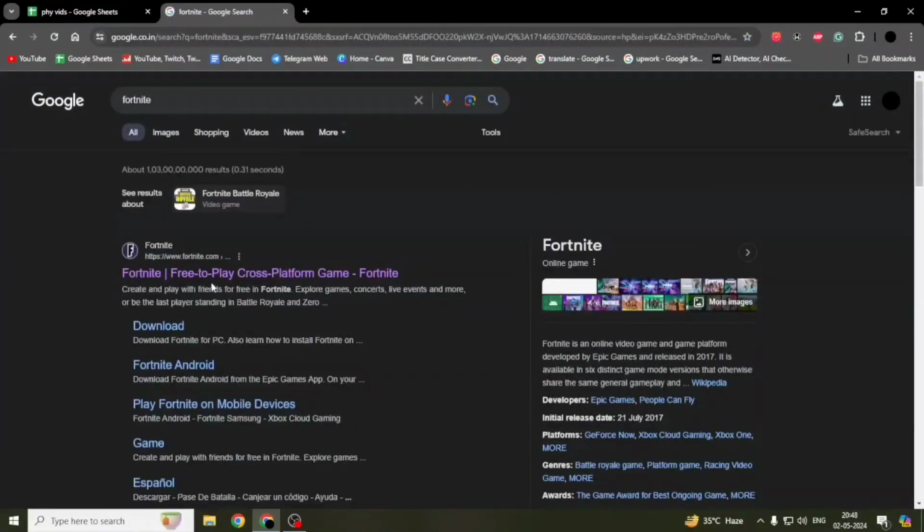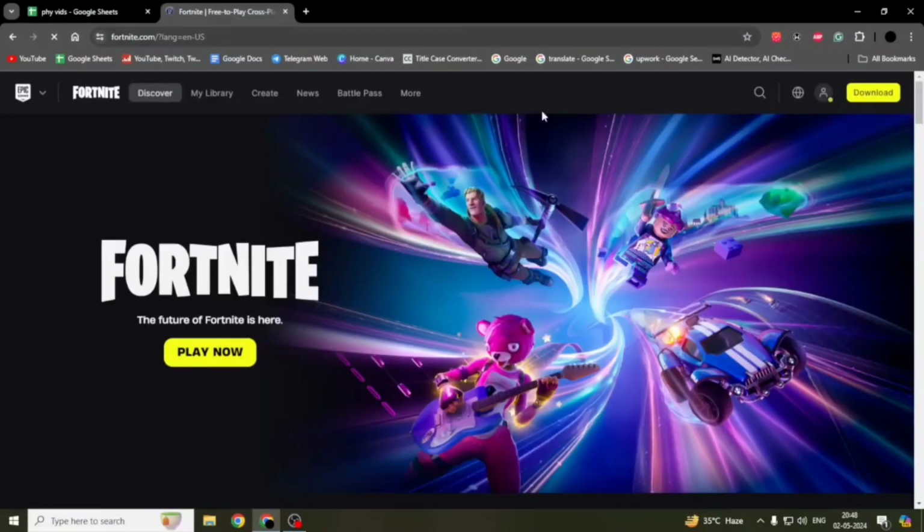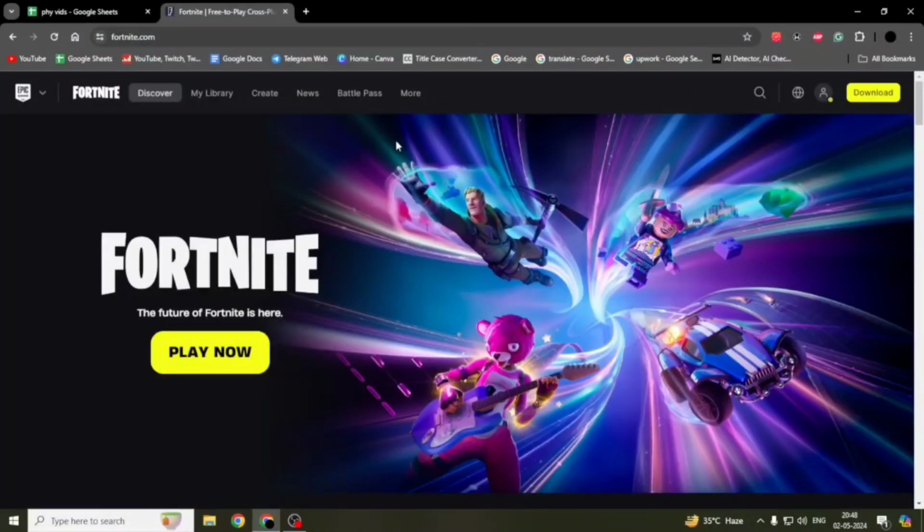Then you have to go on this website. Now wait for this website to load, and after the website is loaded, here on the top right side you will see this profile icon. So click on it, and if you have not signed in, sign in. And then after you have signed in, click on account,